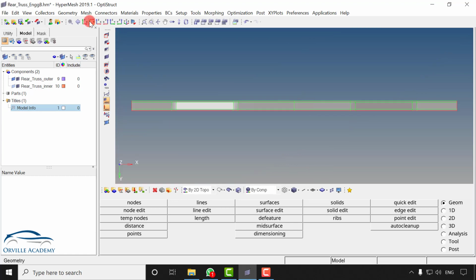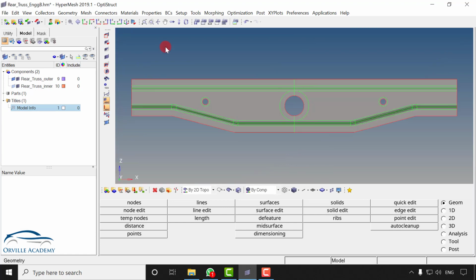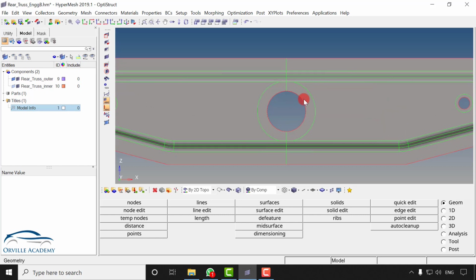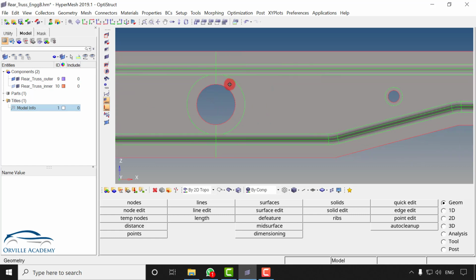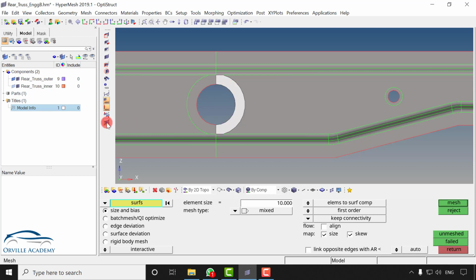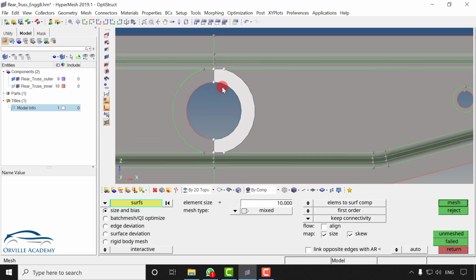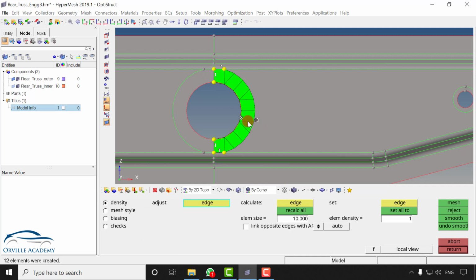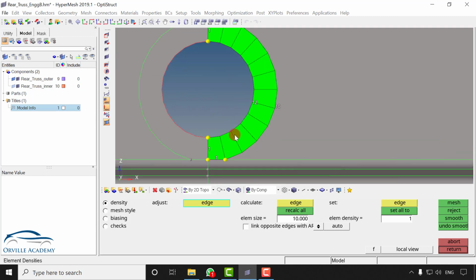Now if I come to any parallel view, let me come to this view. As you can see, it is looking exactly symmetric. So I will mesh only half portion and later on I will try to reflect the elements to see whether these elements are fitting exactly or not. Let me go for F12 and we can just start the meshing. Let me switch on the points also. Here we have 10, 11 and 12 number of elements. So I will keep this count to 12 and you can see I have the perfect chord.